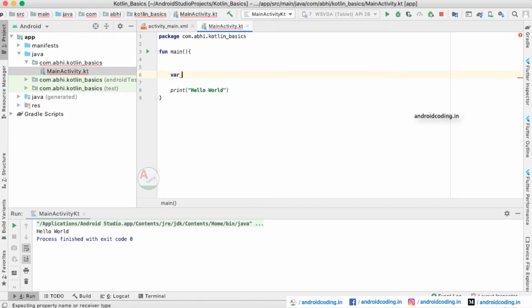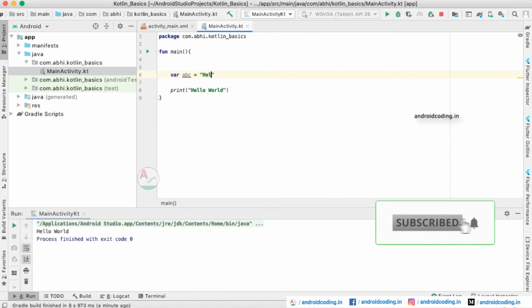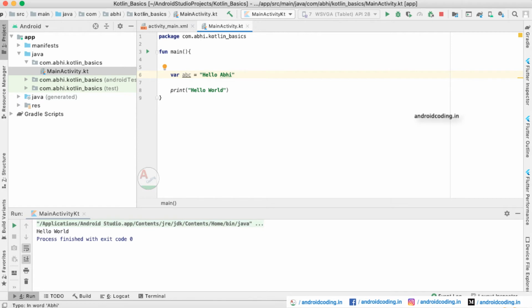Now let us see a kind of dynamic, it's not a complete dynamic input, we are just accepting a text into a variable and trying to print it out. Here I will print a text called hello Abhi, and I am directly printing the variable. Now let us see what will happen. Here you can see this is our previous output hello world, and we have made some changes and are trying to run the code, and here you can see it's hello Abhi.